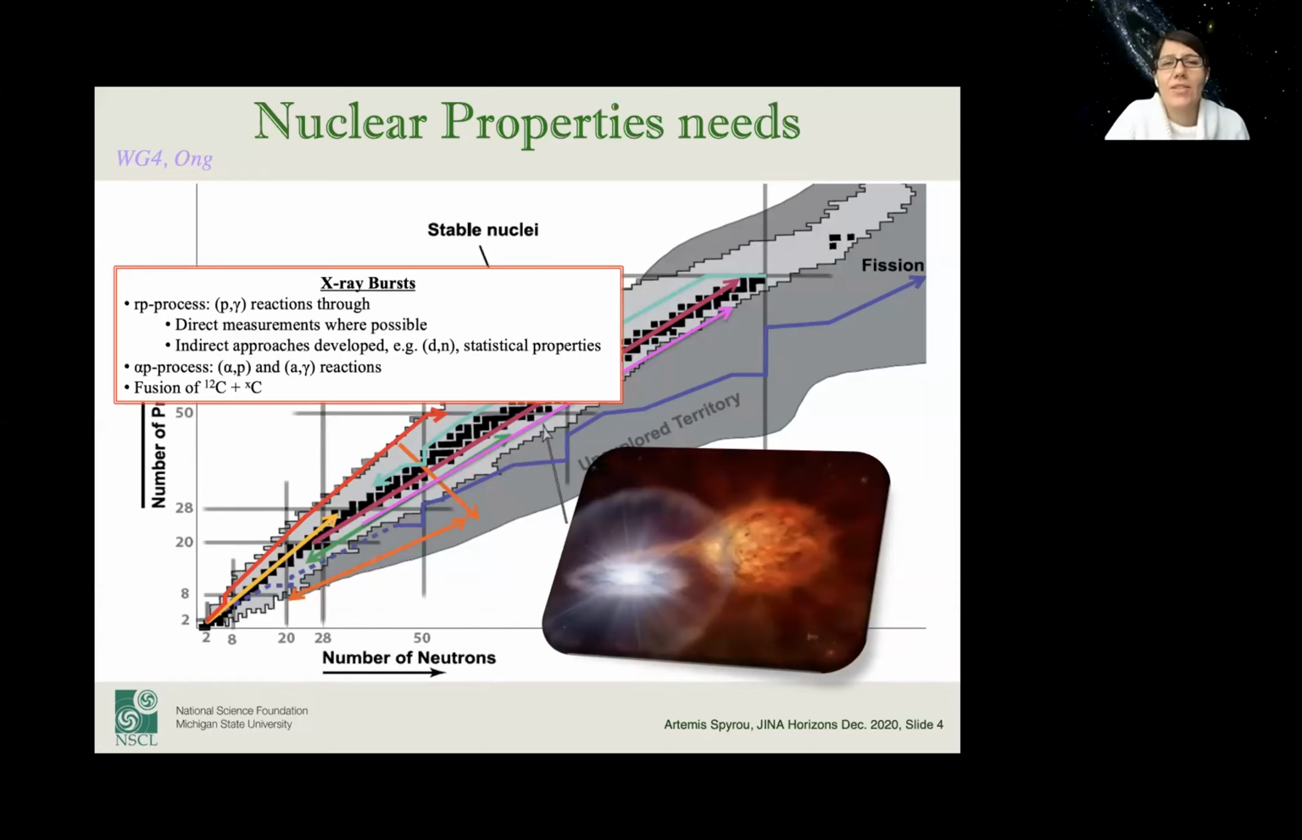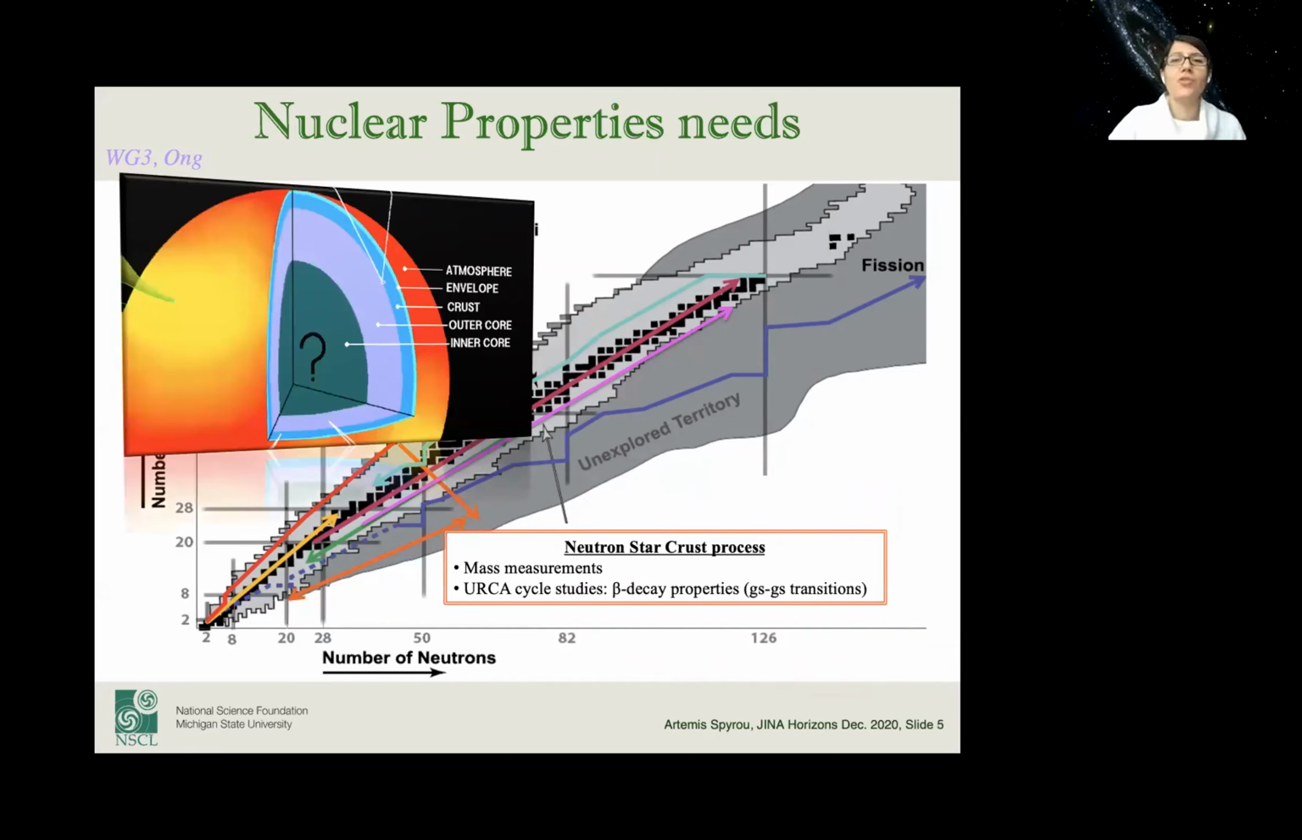But there are indirect techniques that are either being developed or discussed to try and get there. And of course, with the next generation facilities where we have higher beam intensities, then you can do a lot more. And it's not just p-gamma reactions. You can see here some alpha-p and alpha-gamma reactions and so on. So again, you'll hear a little bit more about this from Wei-Jia Ang's talk, and of course, working group 4. Moving on to the neutron-rich side,